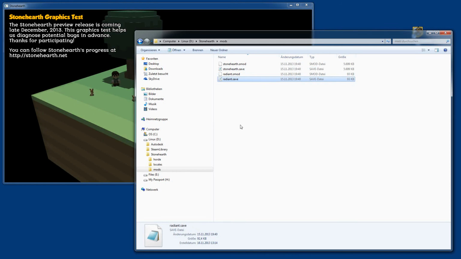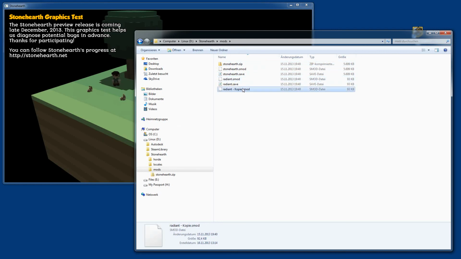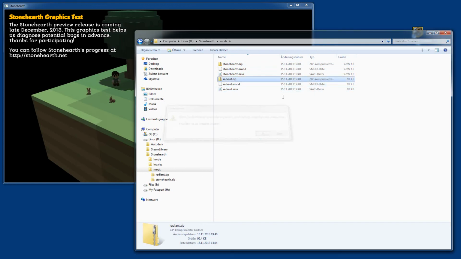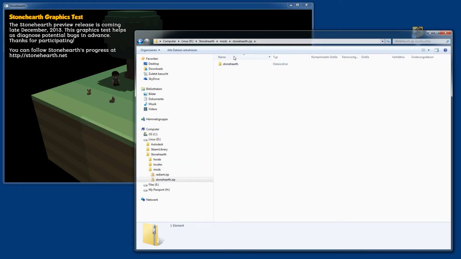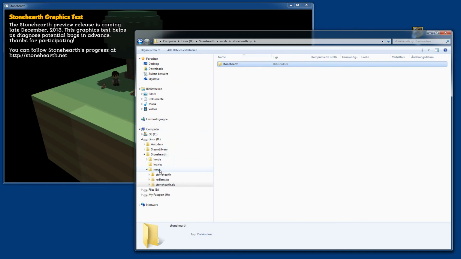If you change something and you don't want to reinstall, just go ahead and use some backups here. And let me make one more and change the name of this into a zip. So I have now a backup file, and we have now renamed this into a zip file. Let me open the zip, and you see there is a folder called as the zip is. Let me extract this one out